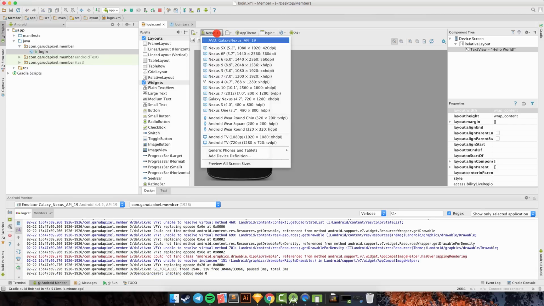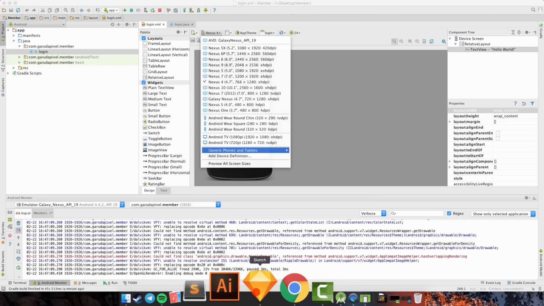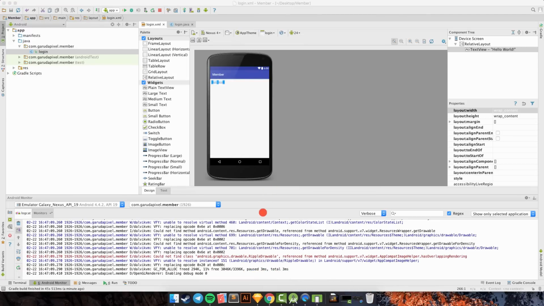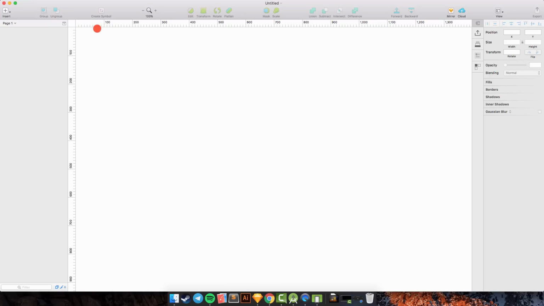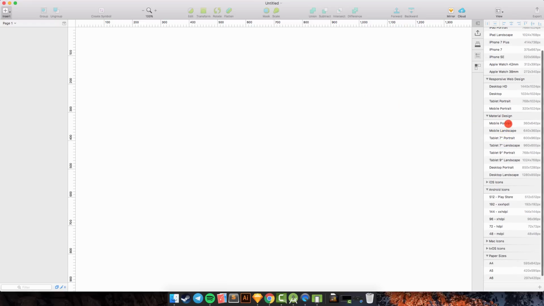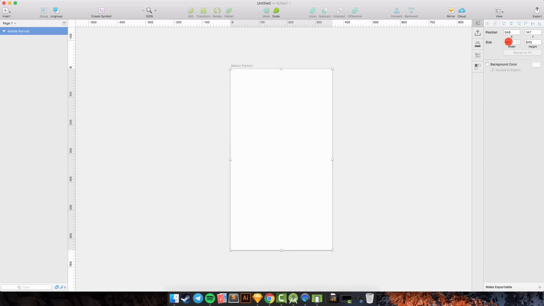Okay, so before we code, we need to design. So I can check the Nexus 4 here. The size of the width is 768, and the height is 1280. So we go to Sketch app and choose, and wait for Sketch app, and then go to insert and artboard, and I will choose the mobile portrait here, and I will resize the width.